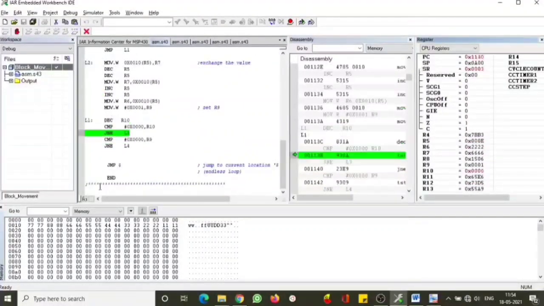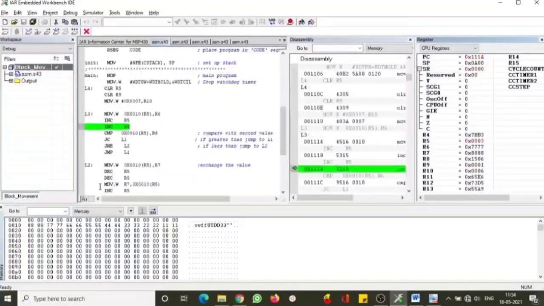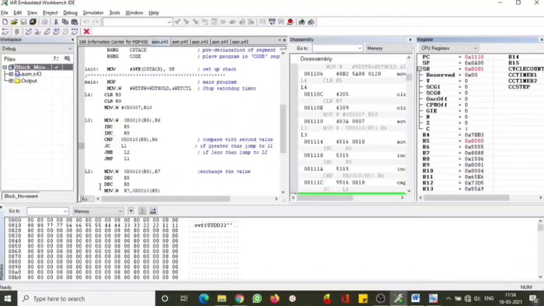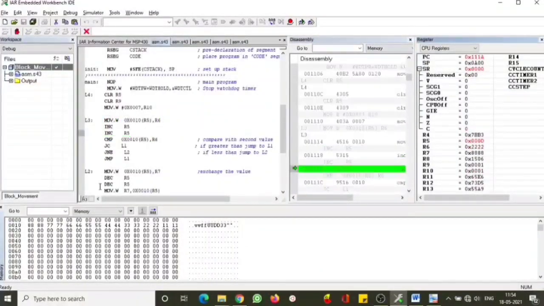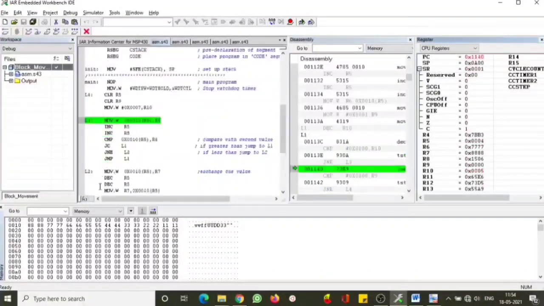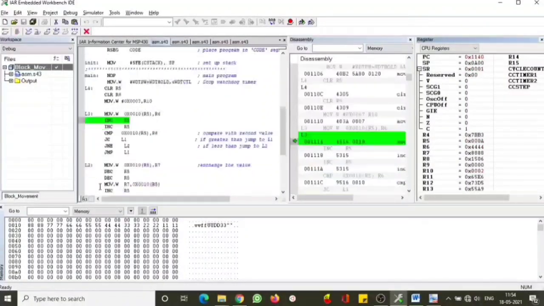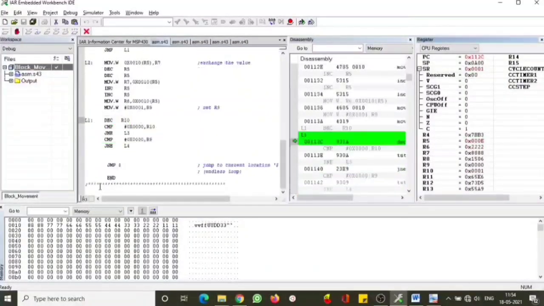So initially the first value, that is 7 only, will run and it will exchange that value. See that 7 is run. So that means we have got the values stored in descending order. It will check all the values once, because we are giving the rights to each and every value to get compared with all the values in the loop, so that it will check whether there is a need to execute or not.